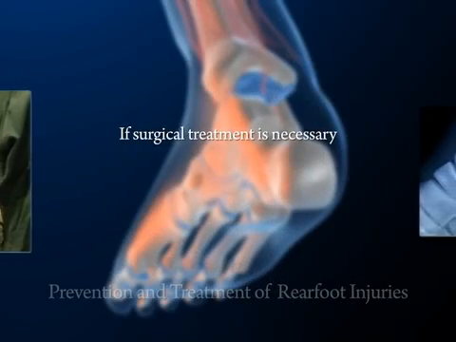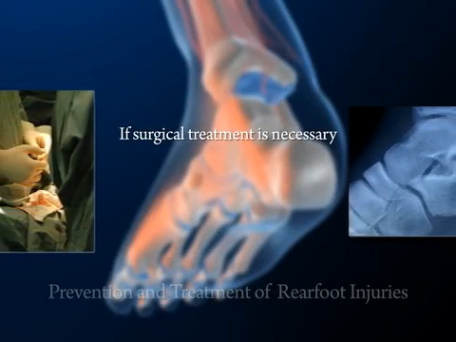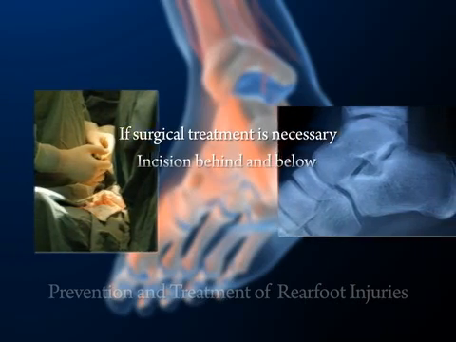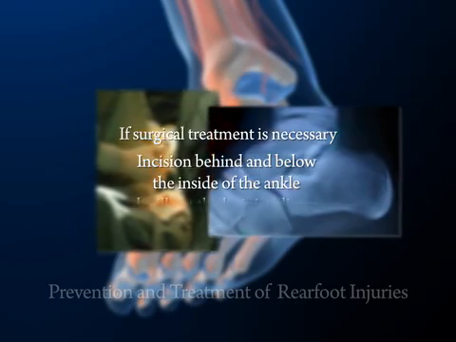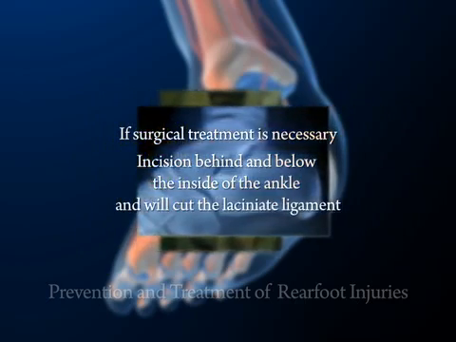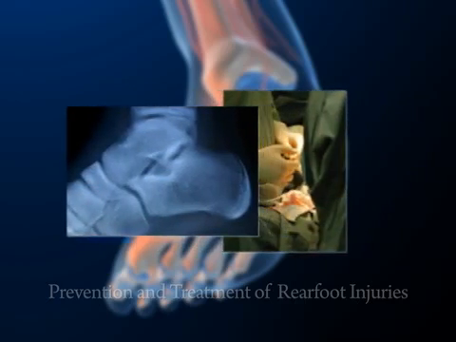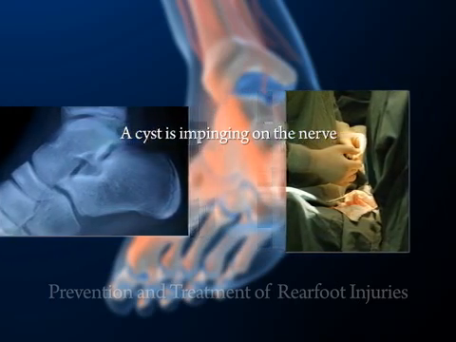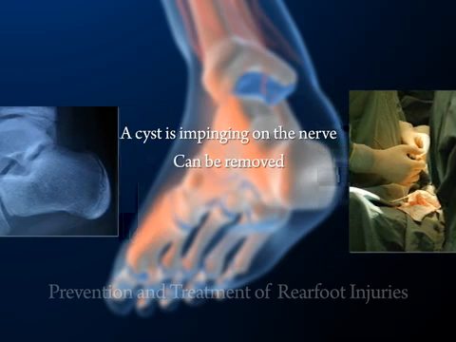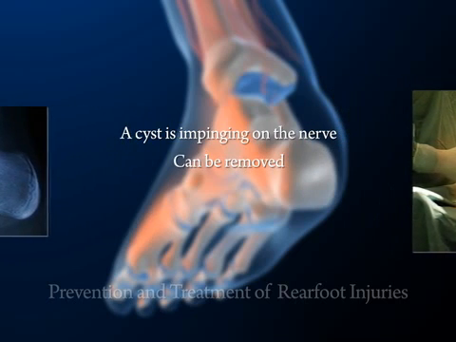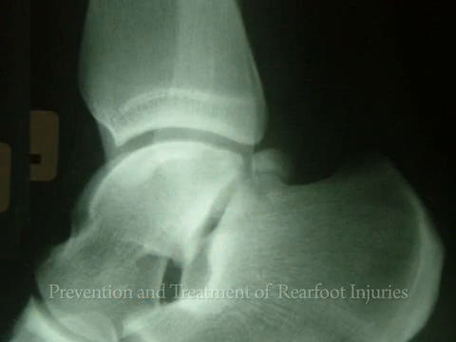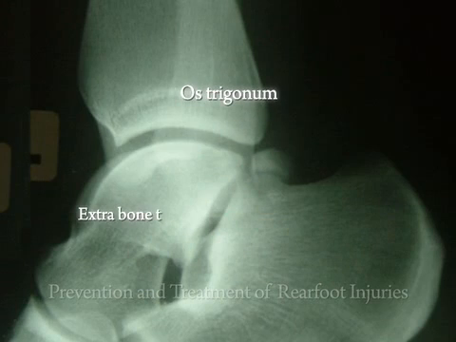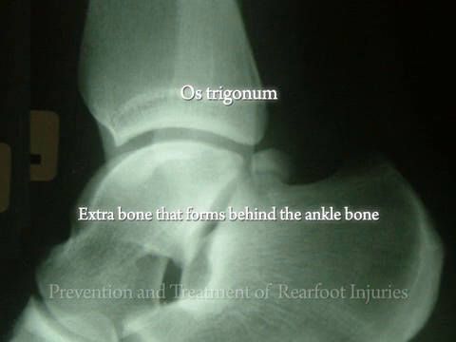If surgical treatment is necessary, your podiatric surgeon will make an incision behind and below the inside of the ankle and will cut the laciniate ligament, providing room for expansion of the nerve. If a cyst is impinging on the nerve, it can be removed to provide enough space to prevent the nerve from being compressed. The os trigonum is an extra bone that forms behind the ankle bone and is present at